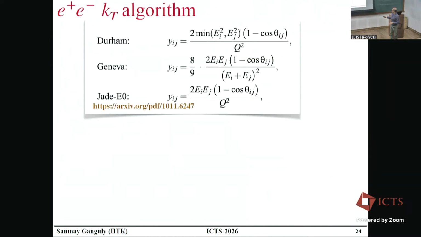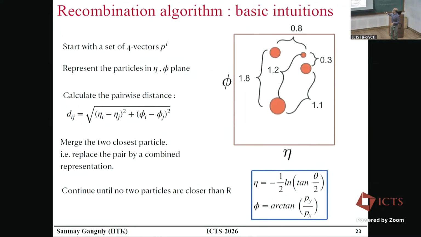So if you run the cartoon here, you will see a bunch of particles get clustered into one jet versus something which will be left out. The first intuition out of this is that if you give me n number of particles and run a jet reconstruction algorithm on top of that, not all the particles get reconstructed in a jet. Some are left out. And the ones which are not good candidates to be reconstructed, throwing them away is the first role of a jet reconstruction algorithm. It's important to keep in mind.